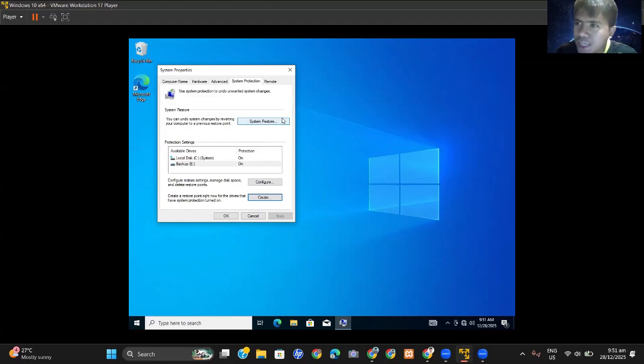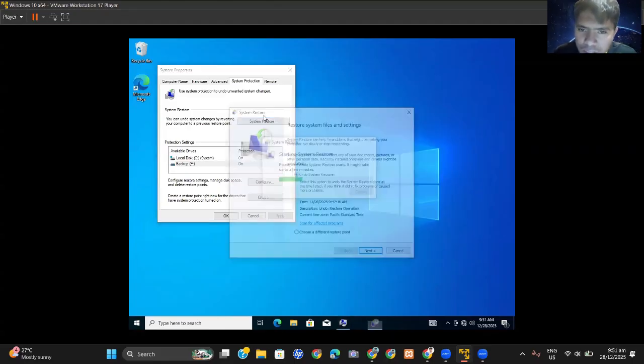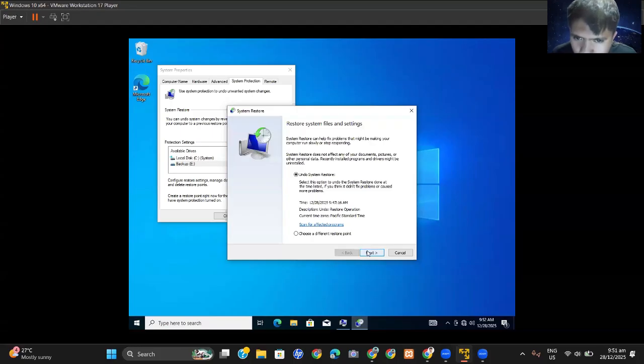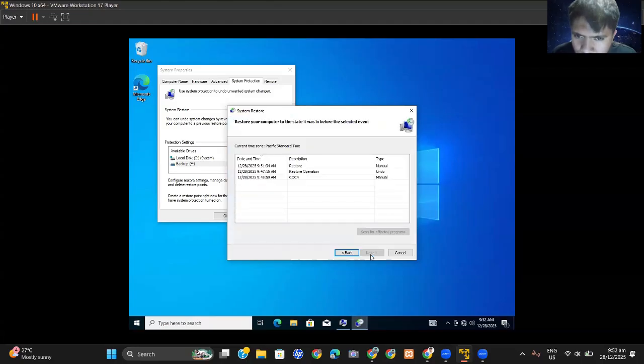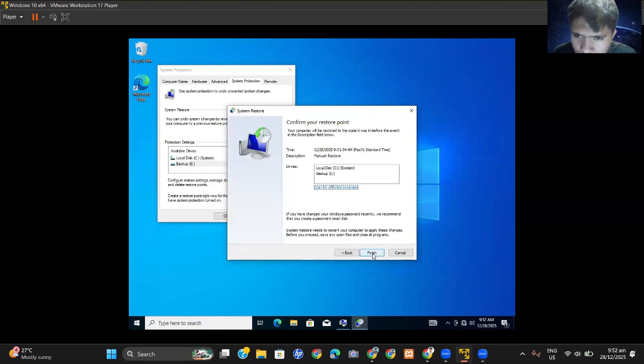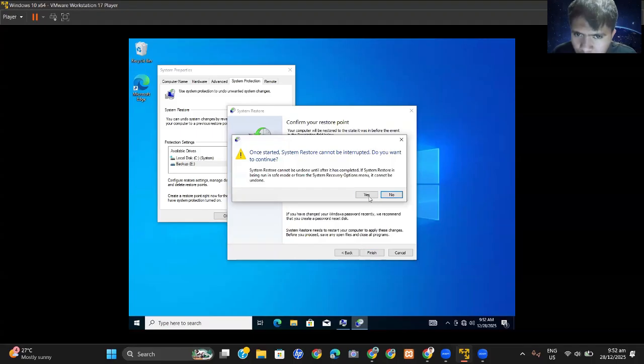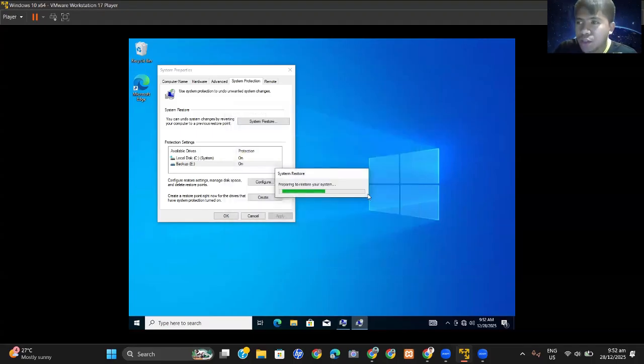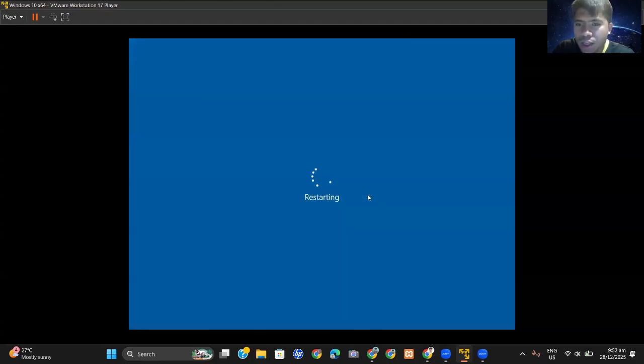So next, after creating it, we need the system restore in here. So we need to undo system restore like this. We need to choose a different restore point in here. Then we need to choose in here. Then we need to finish it up. Once it starts, it will prepare to restore your system. So this is the restarting part and it is applying the following changes. We'll skip this restarting process so that we can proceed to the next step of the COC4.